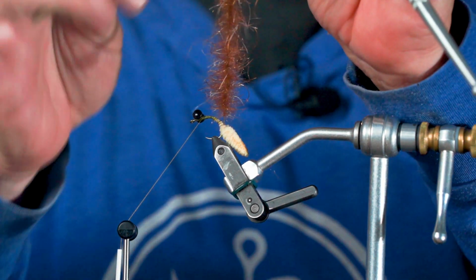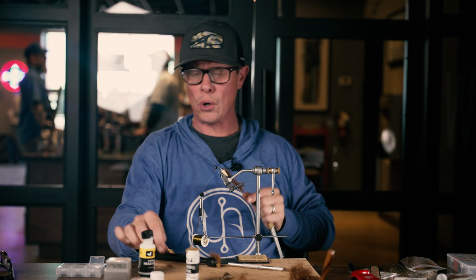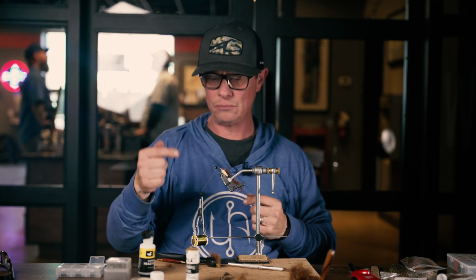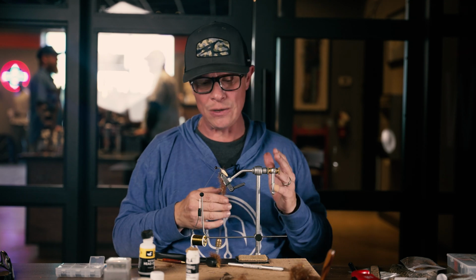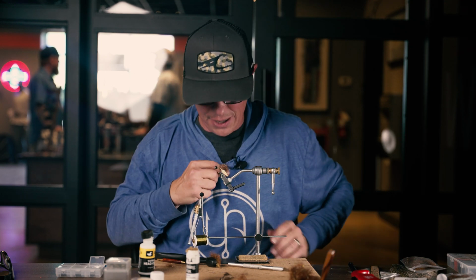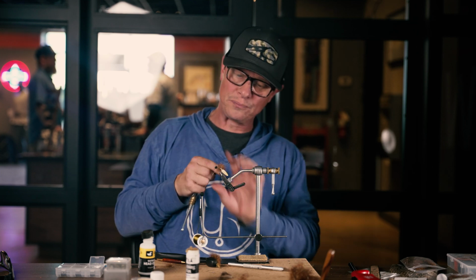Material's gonna kind of build up and get pulled back, okay? But what we're looking for is that inside core to be pretty consistent. So again, we're wrapping the same amount of material around all sides of the shank equally. And this will be the same kind of wrap as before. We're gonna start this wrap, pulling our materials back